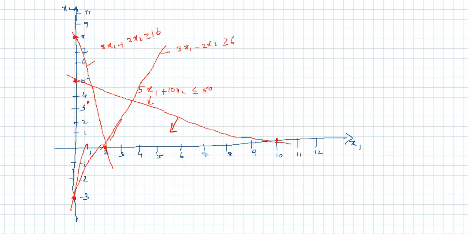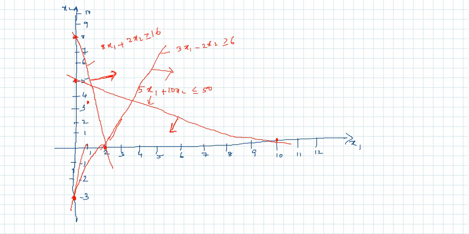Anywhere above is said to be a feasible region, so you mark the upper part as the feasible region. Now if you take this line, 3x1 minus 2x2 greater than or equal to 6, if you consider this point like 4 comma 2 and apply 4 comma 2 here, it is 12 minus 8, so 12 minus 8 is 4. 4 is not greater than or equal to 6. So the point is on this side, not that side.